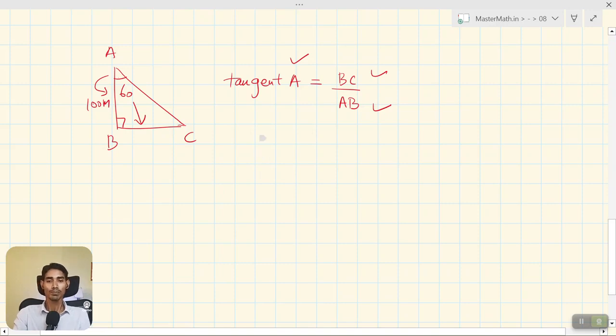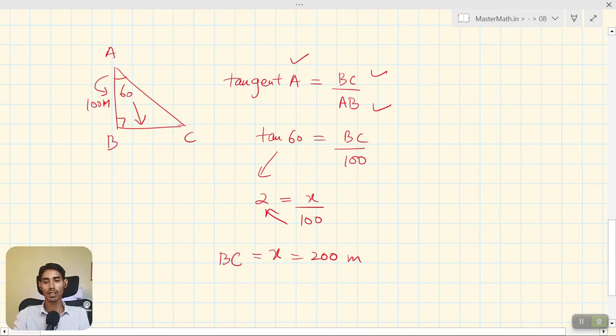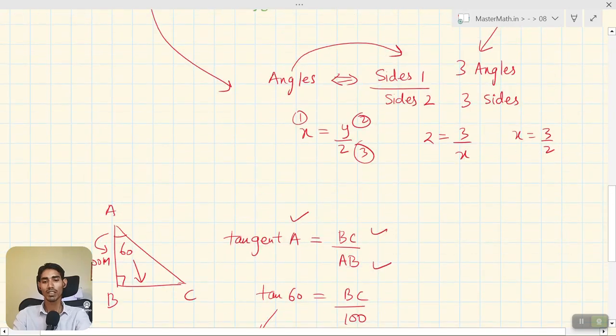Okay, now assuming our angle was 60 degrees, in short it is written as tan. So tan 60 is BC by AB, AB is 100, and the tan 60 value we already have. You would be given these values and we will be discussing this further in the chapter. Now assuming its value is 2, BC is unknown, BC is x, and 100, this 100. So x value is going to be 200. Just multiply this, and this is the BC value. So we got the width of the river,